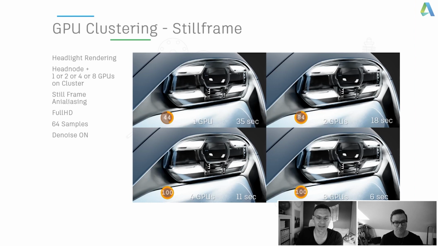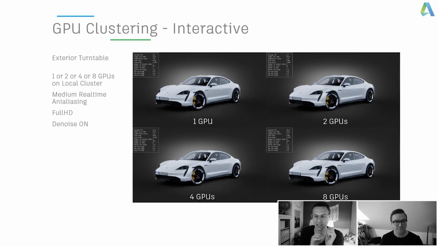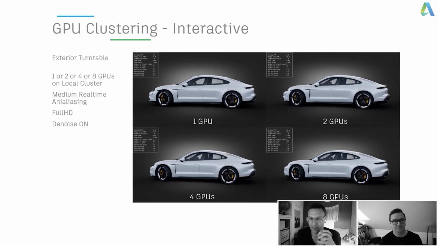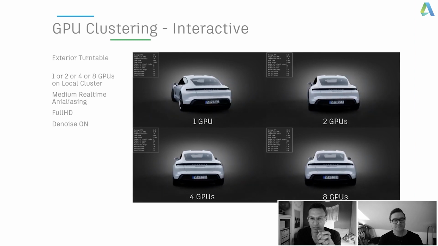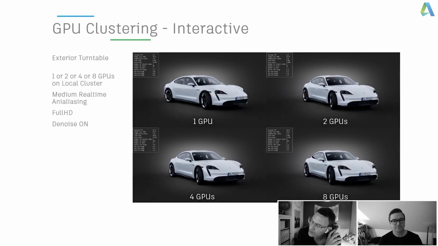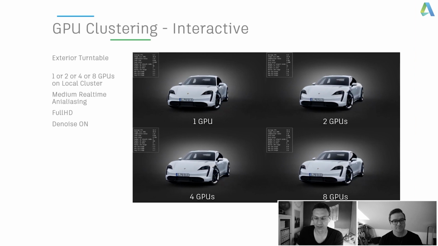We also made a benchmark for interactive frame rates. For the interactive frame rates, we are rendering a turntable on a single computer, so we did not use a head node here. We used medium real-time anti-aliasing, full HD, and we turned the denoiser on. And the denoiser is actually quite important because the denoiser also affects the frame rate here. So you can see that 8 GPUs generate a smooth image, whereas 1 GPU has a certain stuttering effect on the image. So, if we just take a look at the frame rates,